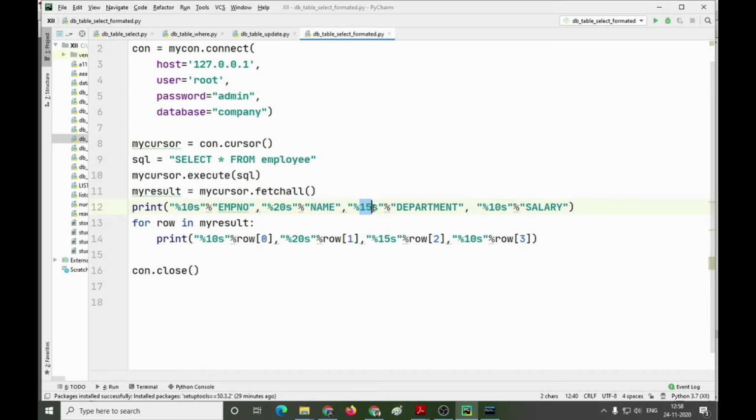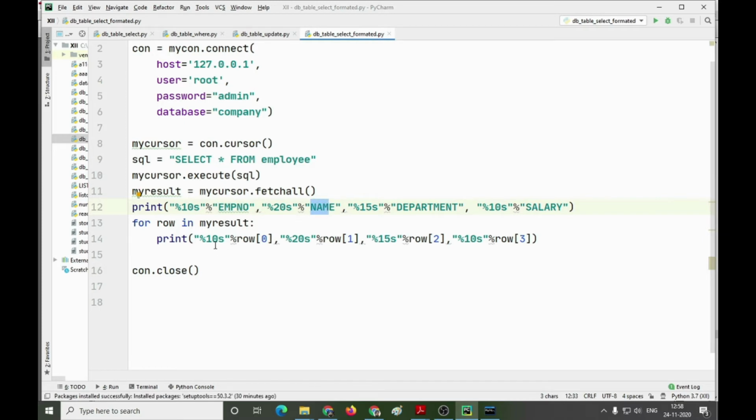Again I am reserving 15 character spaces and displaying the department name in it, and again 10 character spaces for displaying the salary heading. So it has been fixed that this many spaces will be consumed for displaying all these headings,